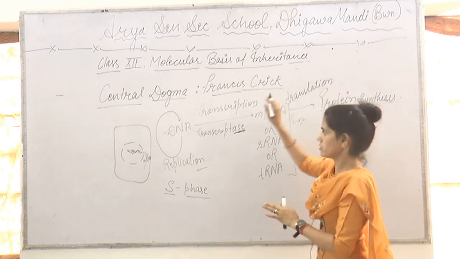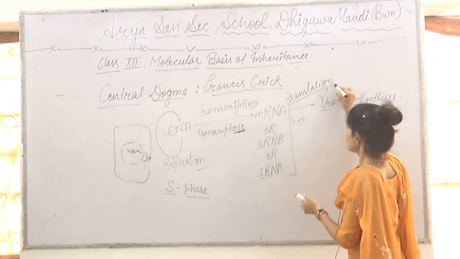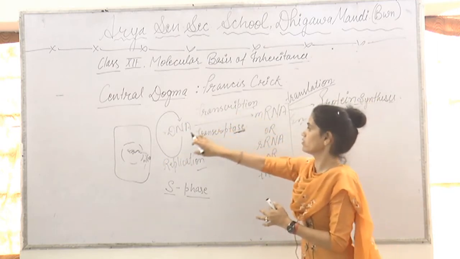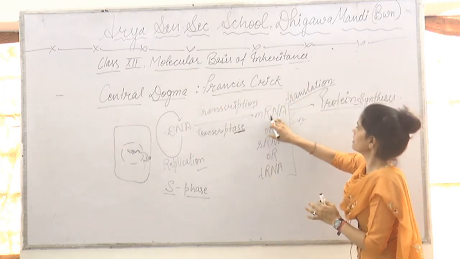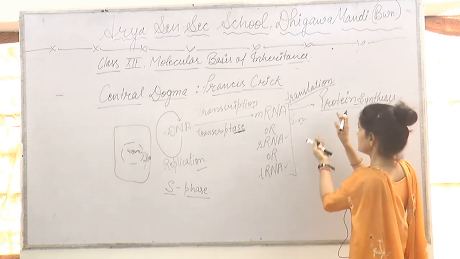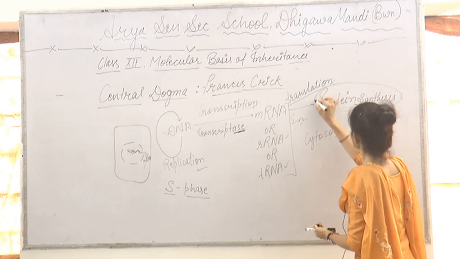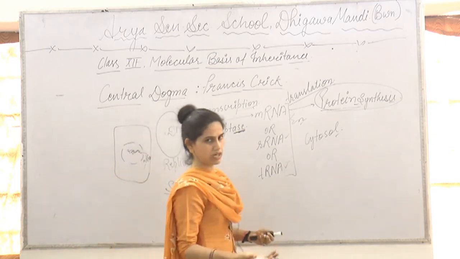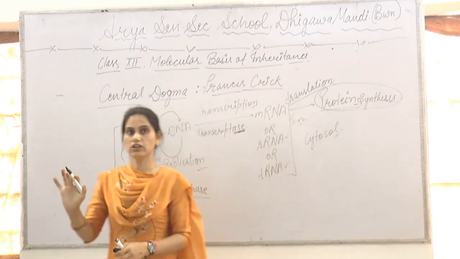And remember this thing: transcription happens in the nucleoplasm. It is the conversion of DNA into mRNA and takes place in the nucleus. mRNA converts into protein with the help of rRNA and tRNA, and it happens in the cytosol. This is protein synthesis, and after protein synthesis the cell again shows growth, and after growth it is ready to divide. This is known as central dogma.